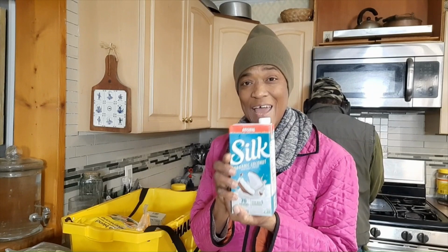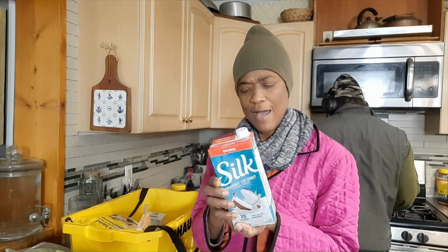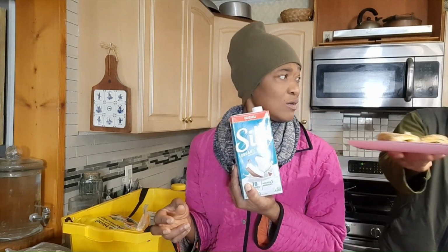Now, coconut milk is something that I like. It's very expensive. I haven't seen them selling it in the cartons yet. I mean, like bulk. So I still have to buy the single one, and it's over